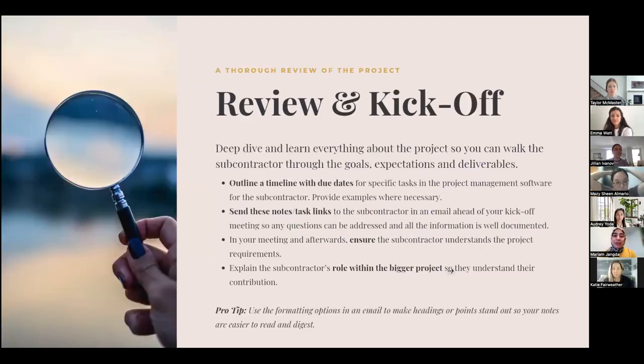Let's dive into the first part, which is a thorough project review and kickoff. This is your chance to really deep dive, learn everything there is to know about a project, because you're going to be that point person with the subcontractor. So you want to share with them all the goals and the expectations and the deliverables in relation to this project. So this is the time that you're going to take to really outline the project, all the due dates, take that super big, daunting project, break it down into all the tiny little tasks, and put it into the